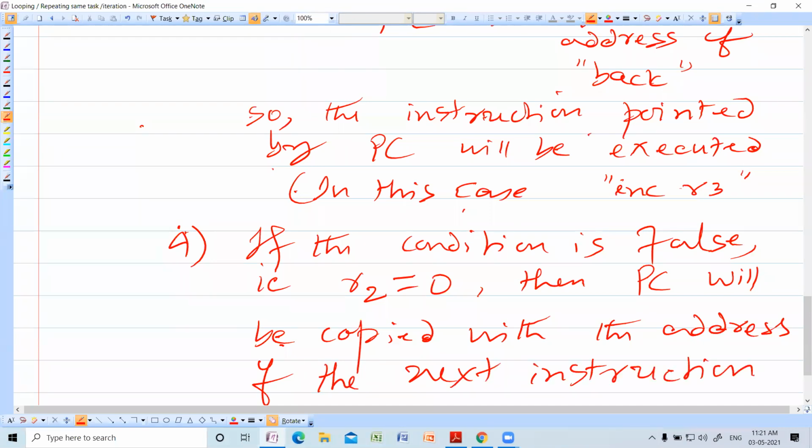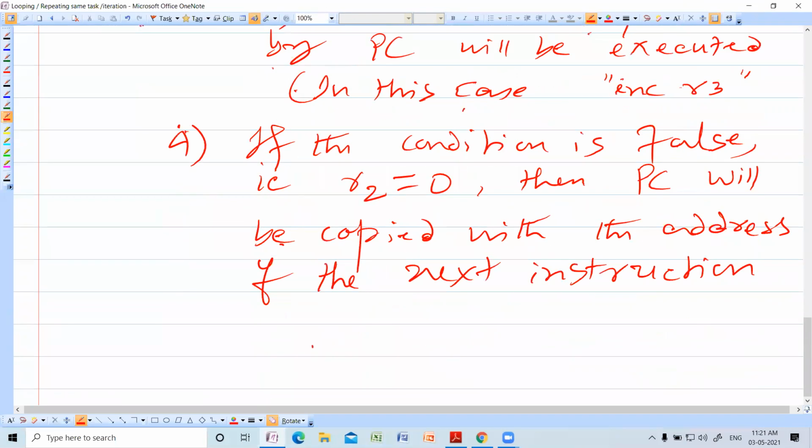Program counter will be copied with the address of the next instruction of DJNZ.